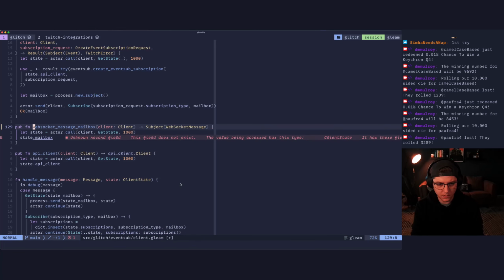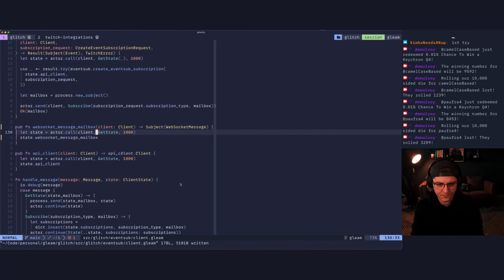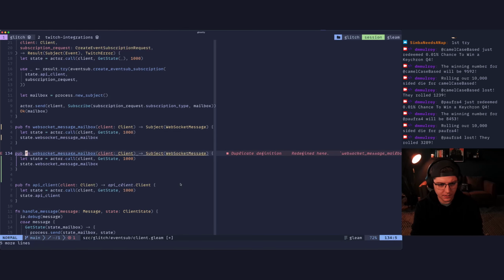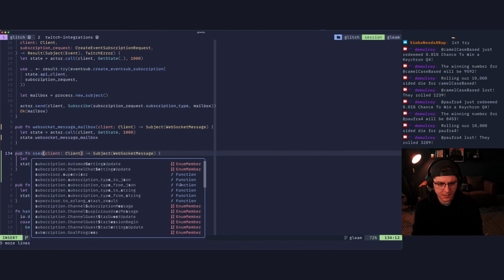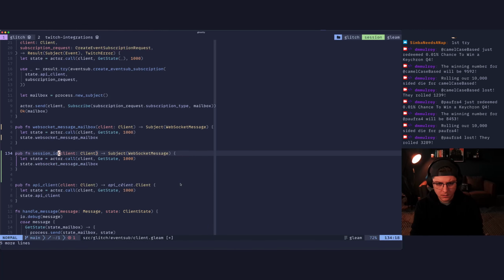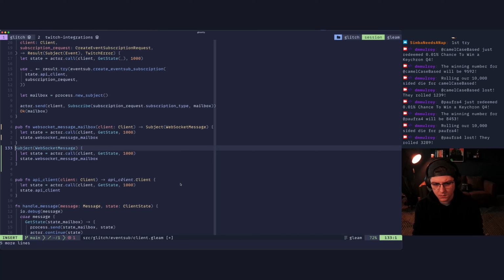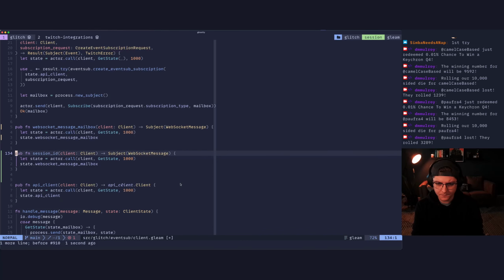And let's yank in Word, view in Word, and paste that in. That looks good. And then we want another public function here. We're just gonna put this down here, and this is gonna be session ID. And this will be, I guess we can make this a result of string to nil.